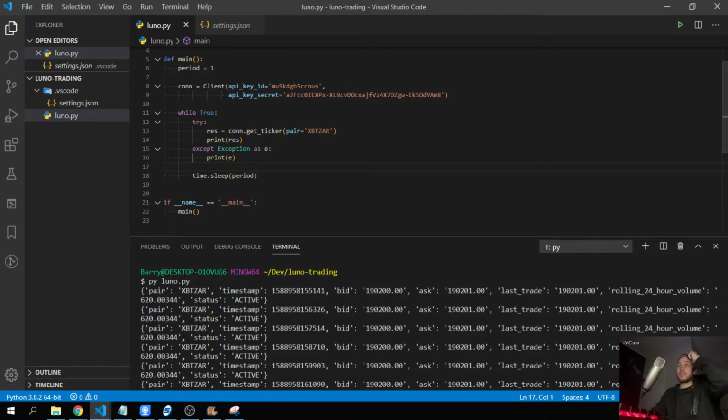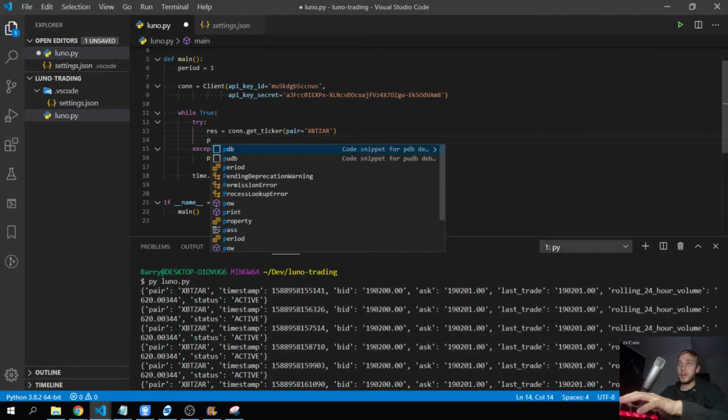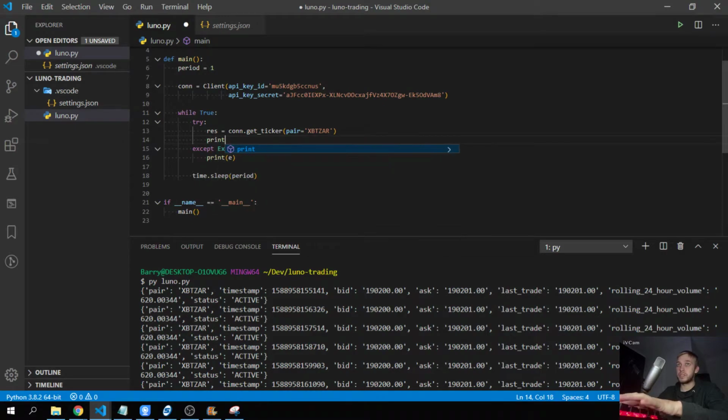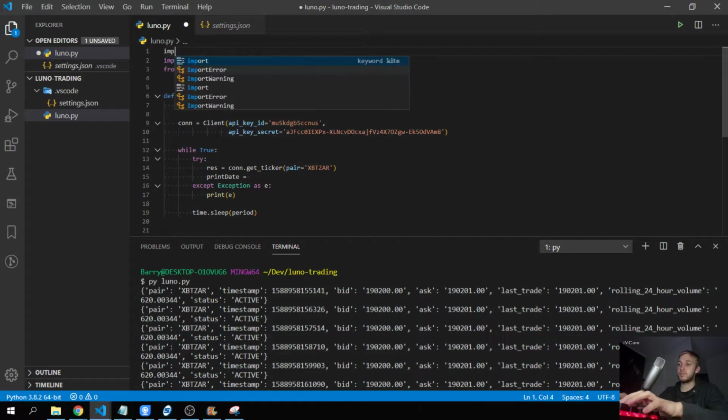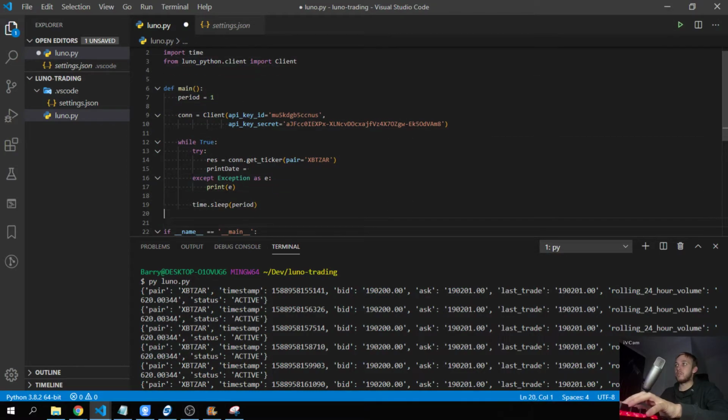So what I'm going to do on every ping is, instead of just doing that response, I'm going to print the date first. So I'm going to make a variable called print date, and this variable is going to need us to import datetime. So I'm just going to be sure to import datetime with small letters, and we've imported datetime. Cool. Why am I doing it in here? I just have to do the res thing over there, and we should be able to get res after that,